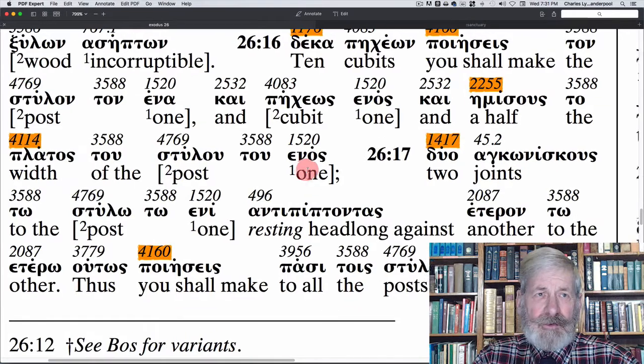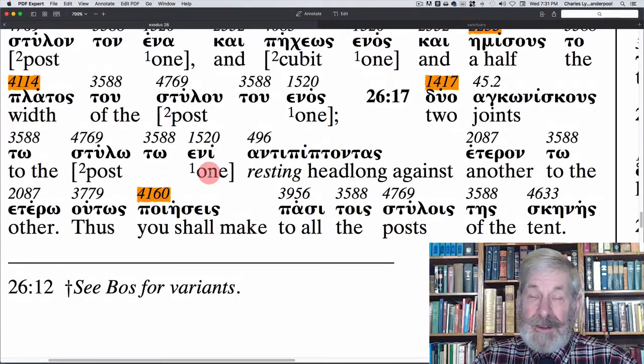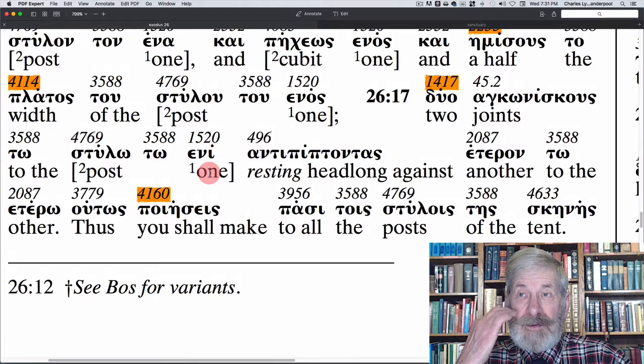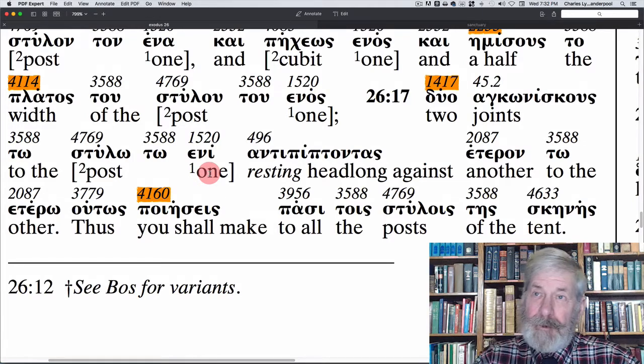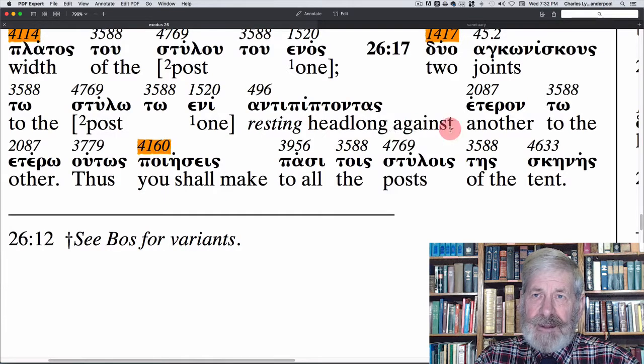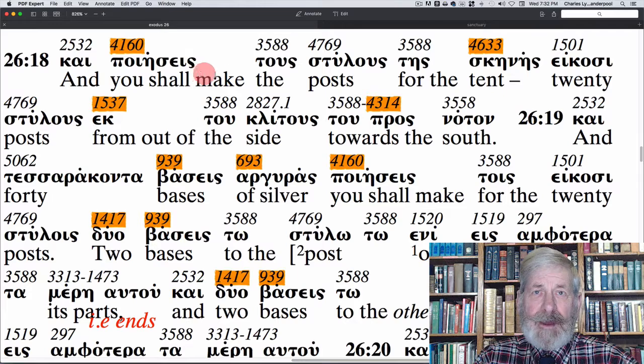It says 10 cubits you shall make the one, and 1 cubit and a half the width of the one post. So, I mean, 1.5 cubits, and that couldn't be the width of a post. So the width between the one post. Anyway, 2 joints to the one post. So they are going to join together, resting headlong against another to the other. Thus you shall make to all the posts of the tent. So they join together, the end to the end, and you shall make the posts for the tent, 20 posts